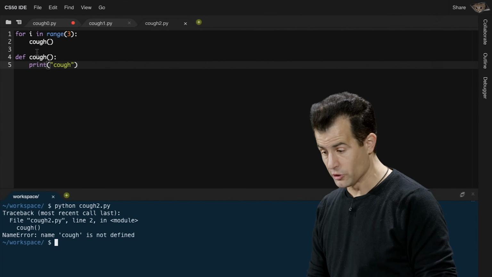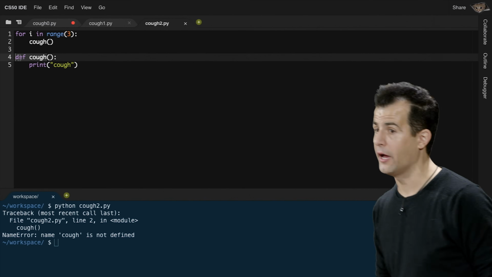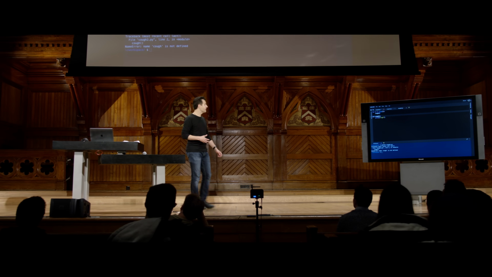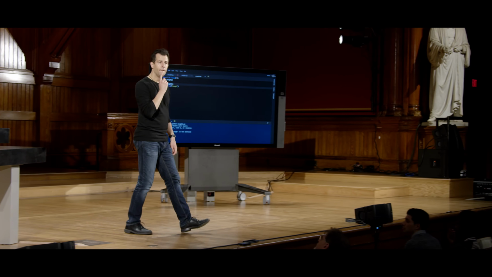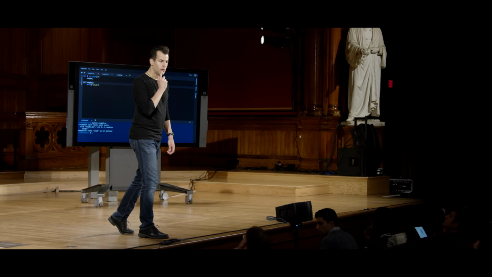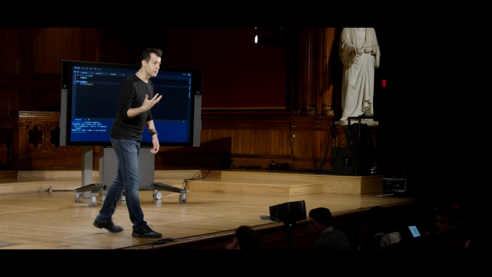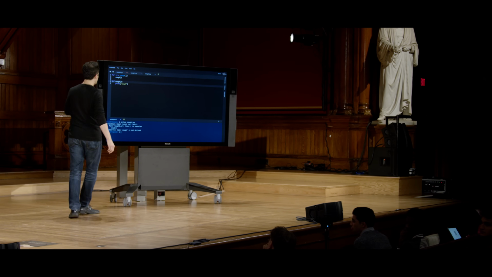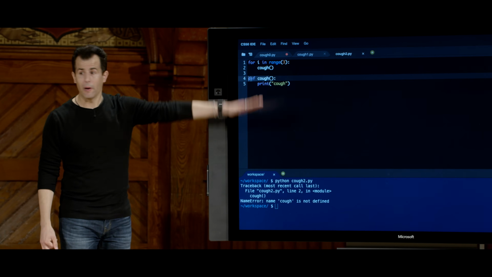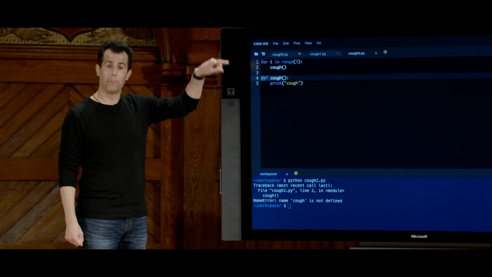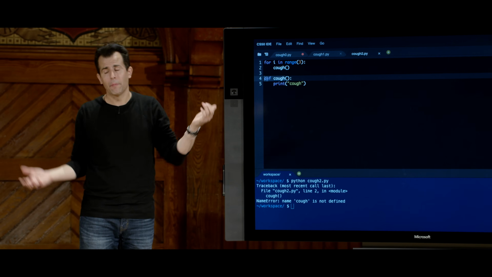Because cough is clearly defined, literally with the def verb right there on line 4. Calling cough before it's defined. Yeah, I'm trying to call it before it's defined. Python is trying to take me very literally, and it's going to go top to bottom, left to right. And if it doesn't see until the bottom something it's supposed to be doing at the top, it's just not